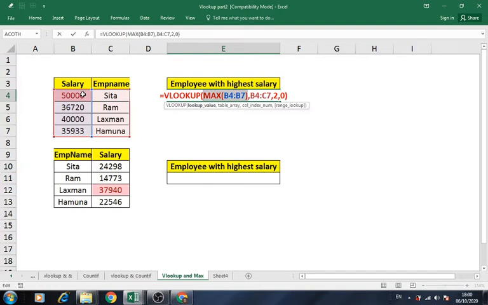We are trying to find out the maximum salary in this range, in this table, and we are trying to retrieve the second column value. Okay, so we can easily find out the employee who is drawing the maximum salary using VLOOKUP function.